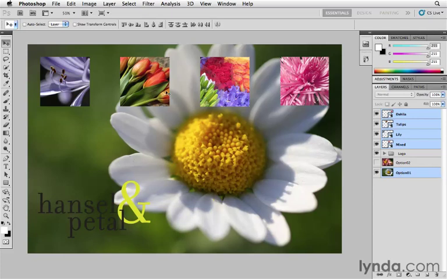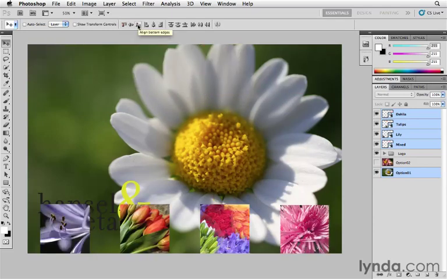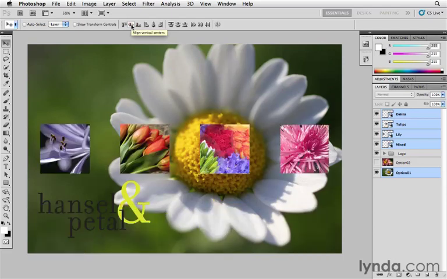And now if I want to align these 4 thumbnails to the top of the document, because I have a layer that is including pixels in the entire canvas area here, when I click the Align Top button, all 4 of those images align to the top of the document. If I use the bottom button, you'll see they all align to the bottom, right? And same thing if I want to horizontally or vertically align their centers,